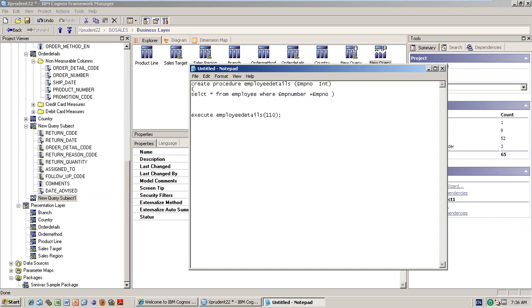So how I have written the procedure in the SQL statement in this database: create procedure, the name is employee details, and in the parameter you are passing the employee number. Then what it will do is select star from the employee table where employee number equals this value, whatever you have given, it will come and replace it. So it is taking all the details, select star from this employee table, for that employee number ID, the details will come, right?